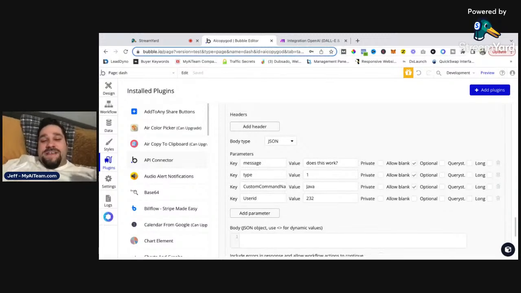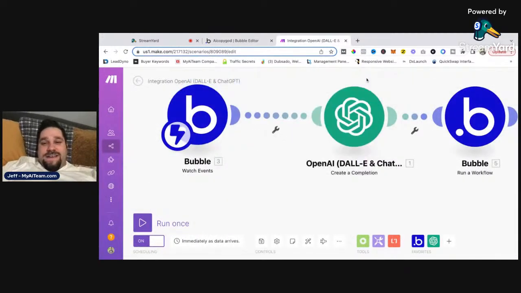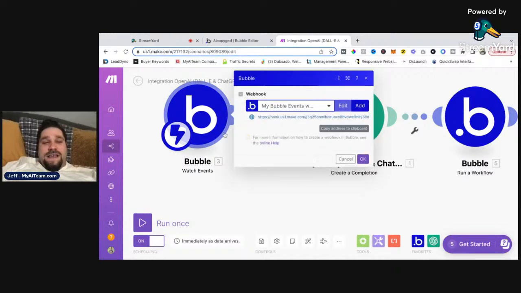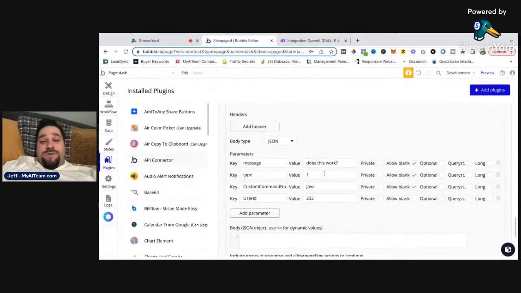I did pass the user ID because we want to get that data and know where to return it, right? So inside here, we'll go into Make, and when you call that event, it will actually receive your parameters, right? So whenever you call this